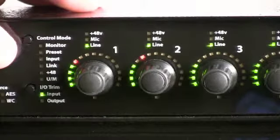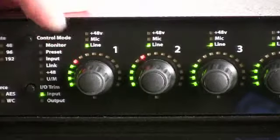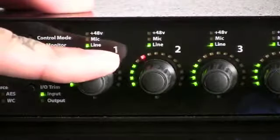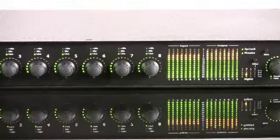With none of the control modes indicated, we can change the input and output trims. Let's see what happens when we play some music. The ULN-8 offers comprehensive front panel metering of your input